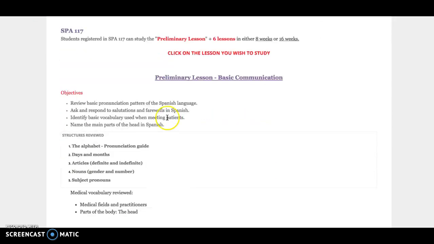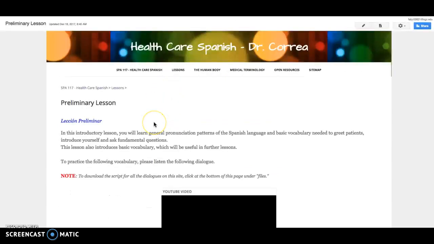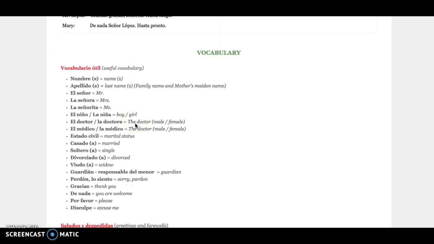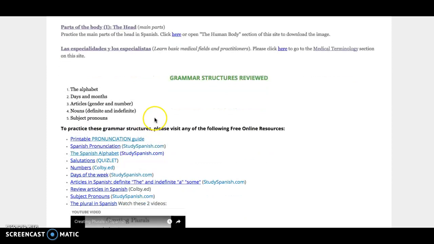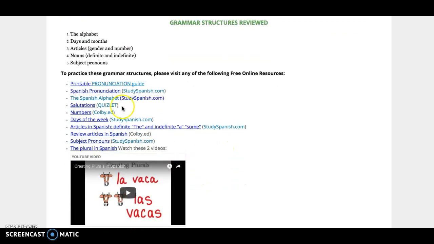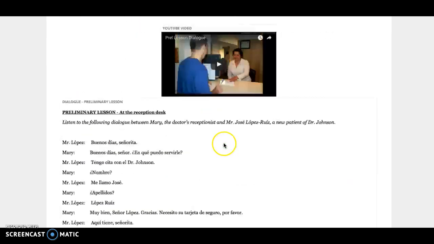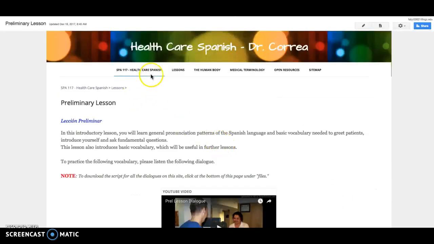Each of the lessons come with a grammar section. If you scroll down to the bottom, the grammar structures reviewed in each lesson will be provided through separate sites that allow you to not only learn the grammar, but also to practice as well. You can click on any of the options provided here. If you are not interested in studying lesson by lessons, you can simply just go to the other options provided